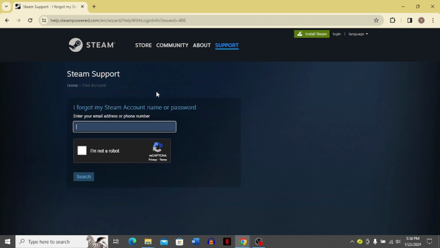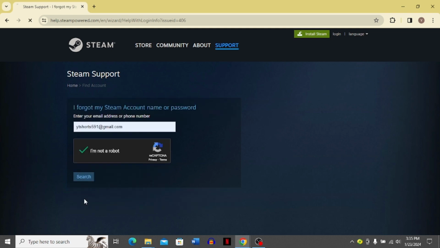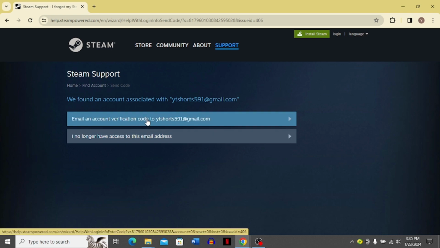Now you have to enter your phone number or email address over here. So just type in your email and choose this I'm not a robot and click search. It's going to bring you to this page. Now you can choose email and account verification code to this email, and then you can just recover your account